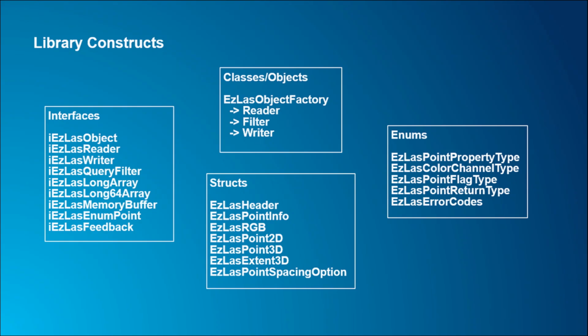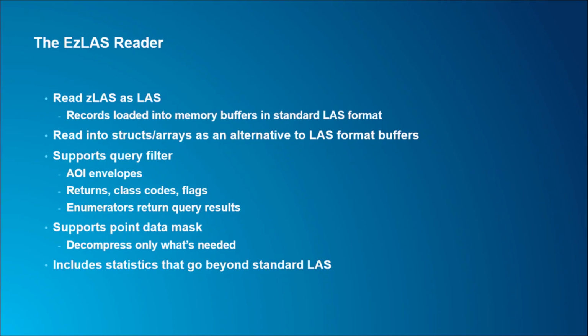And then there's what I have labeled as interfaces. It's kind of COM-like, but it's not COM at all. It's just for the sake of convenience and ease of use in the programming. So readers and writers, these objects have different methods on them implemented through these so-called interfaces. And then there are the structs and enums here as utilities for decoding and using the information in the files. So I'll talk